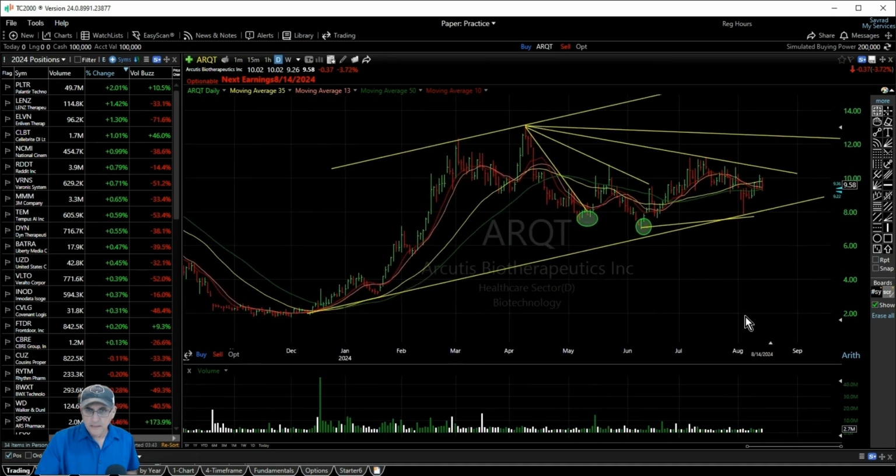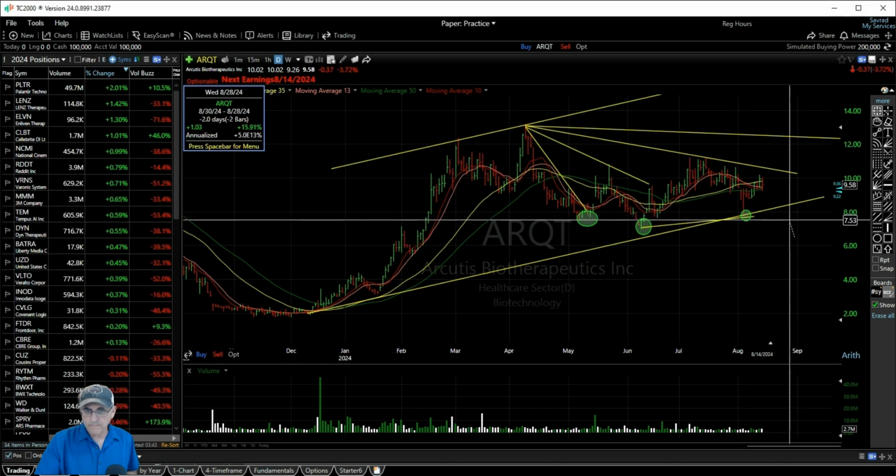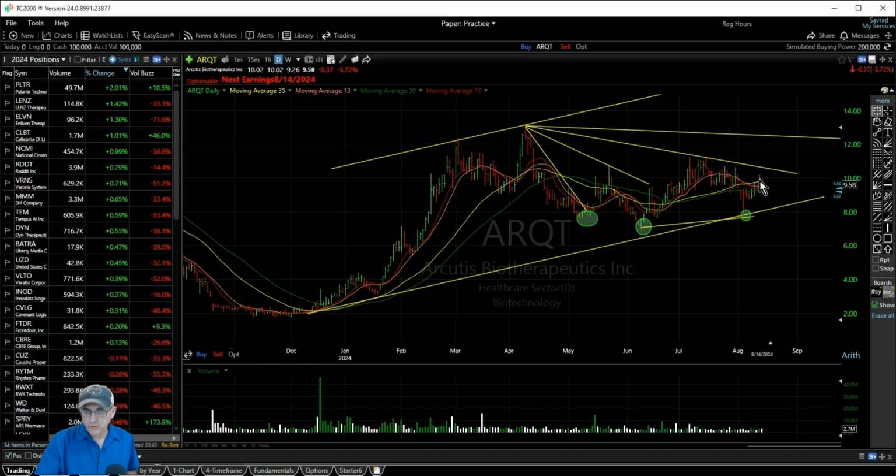So what I do like about it, again, you got this third cycle right here. You're holding above the key psychological 7.50 price point, and you're starting to see a squeeze inside of that trend line. So basically you got wave 1, wave 2, wave 3, and so it's trying to be a soft landing pullback off of that. So it could definitely break out of here soon, but the big picture on this is not just a random